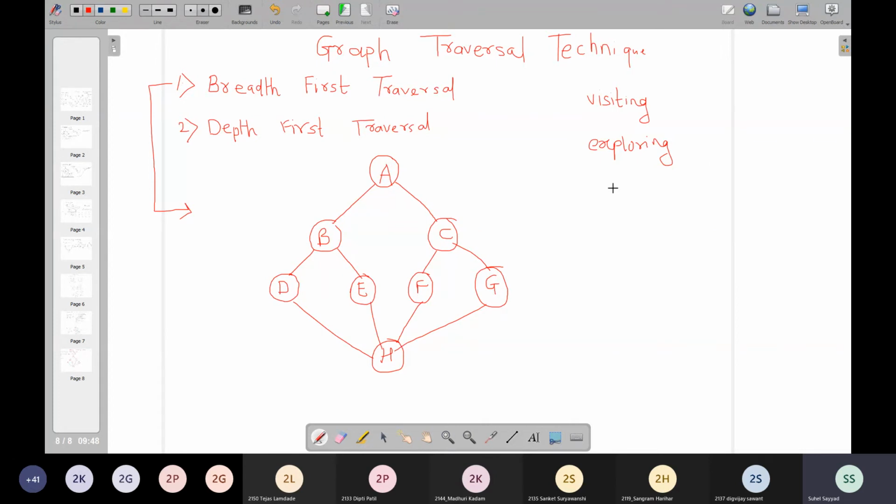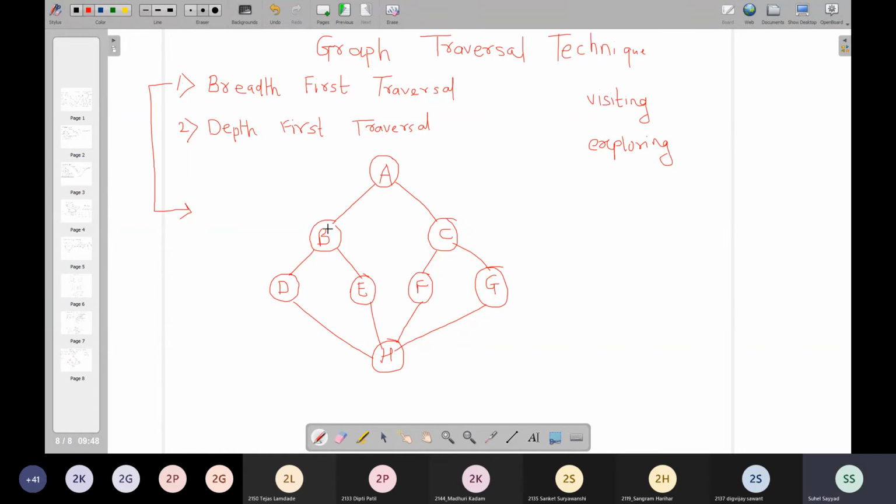What is the second thing? This is the most important thing, that is exploring a vertex. Now what is the concept of exploring a vertex? A vertex is said to be explored if I visit all the vertices adjacent to this vertex. Are you getting this?